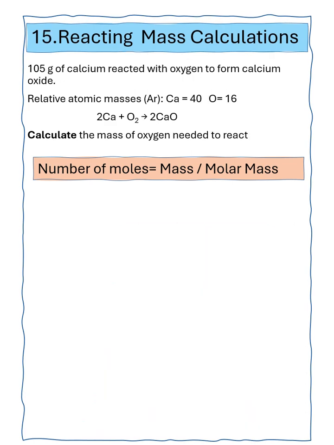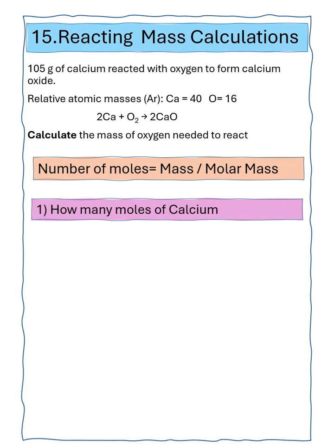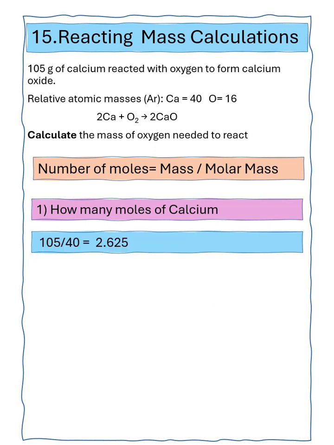Question 15 says 105 grams of calcium reacts with oxygen to form calcium oxide. We've got to calculate the mass of oxygen needed to react with those 105 grams of calcium. We're given the chemical equation, and the formula we're going to be using throughout the question is the number of moles equals mass divided by molar mass. So first we've got to calculate the number of moles of calcium. We know we've got 105 grams. We know the molar mass of calcium is 40, so number of moles is 105 divided by 40, which is